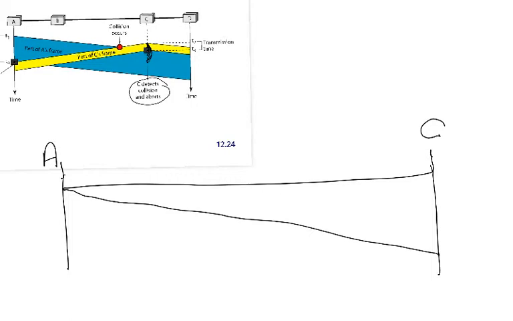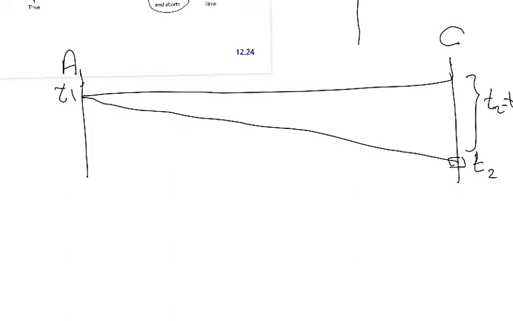So node C will detect that A is transmitting. So this is T1. Node C will detect that there is a transmission at time T2. So this is T2 minus T1. Be aware now that during this time,